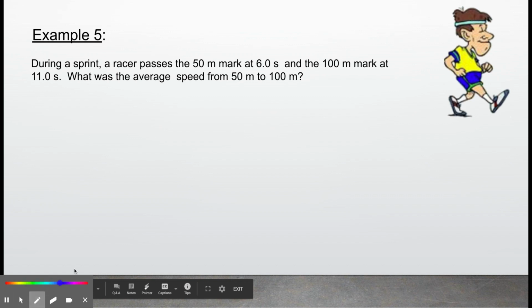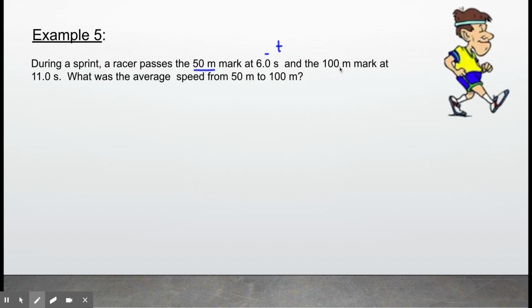Example 5. During a sprint, a racer passes the 50-meter mark at 6 seconds. So this is a time. And the 100-meter mark at 11 seconds. This is also a time. So this is where we have two different times. And it's looking for what is the average speed from 50 meters to 100 meters. So this is your T1. So if this is your first time,